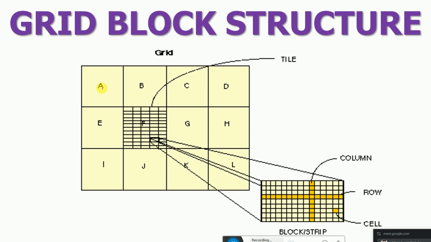This is your grid. A, B, C, D is a cell, and in each cell there is data information. That's why you see block, strip, column and row. This column and row cannot exceed those numbers which I have shown there. Cannot exceed. So this is the way to store data in